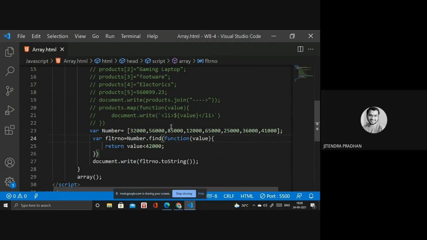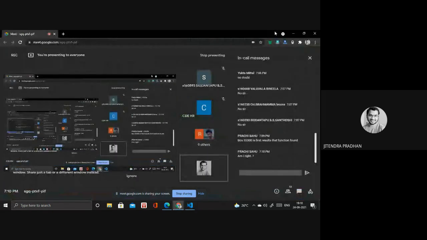Next we have slice. I think slice is not important for you, so we have to discuss loops: for loop. Next we discuss for of and for in. So what is a for loop? I think you know all these things. In the for loop we have initialization, condition, and increment or decrement. We call it a counter. So in the counter we have something in the increment, and we have something.